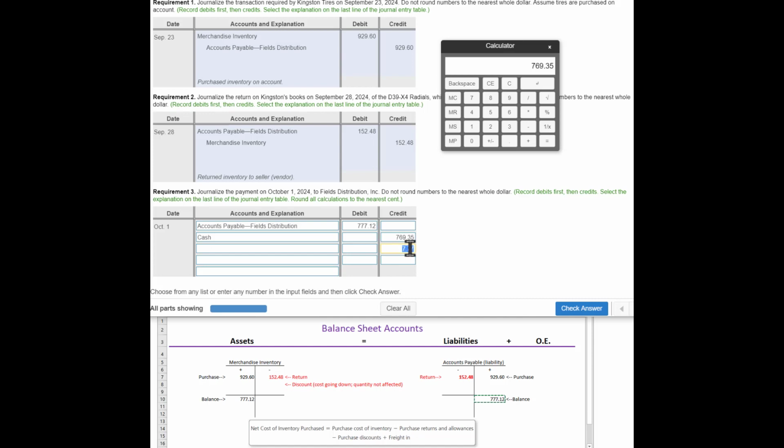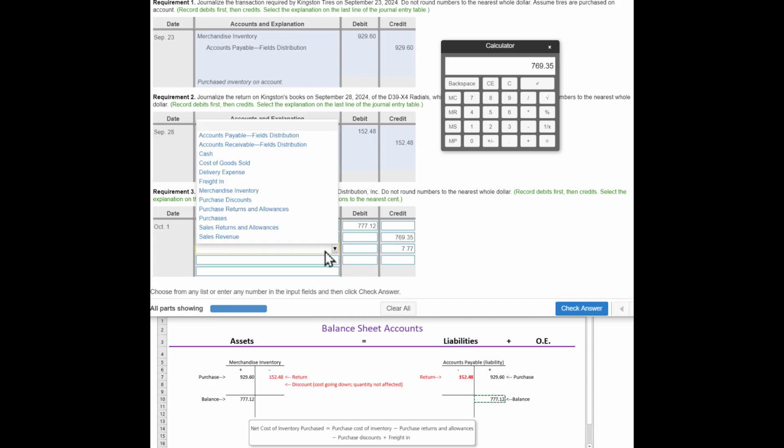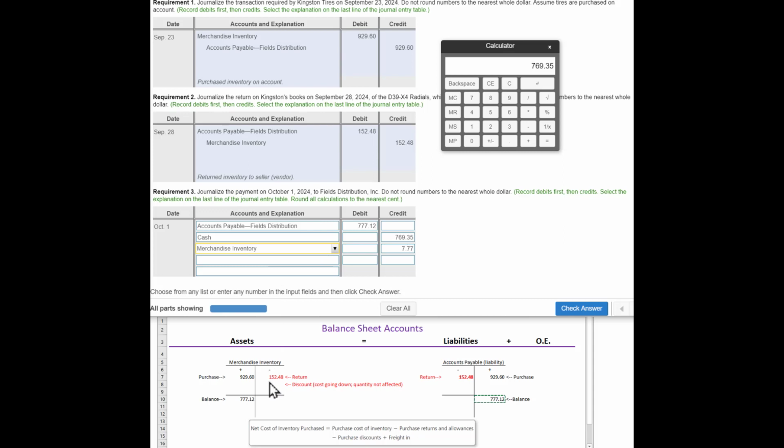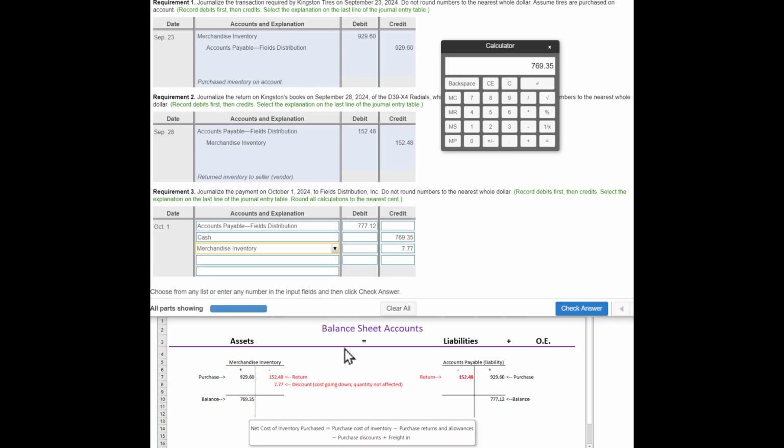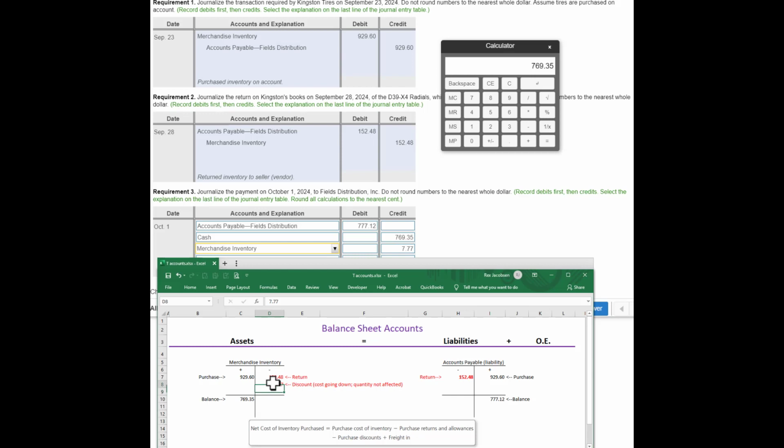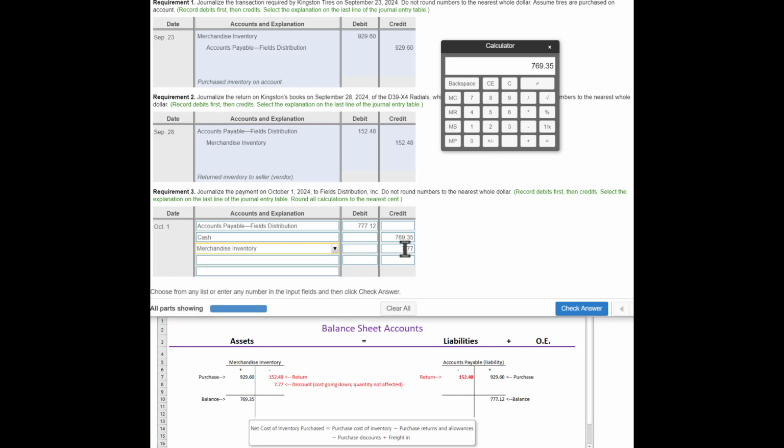So what account do we put this credit in? Well, this credit is going to inventory. So right here, I'm going to put $7.77 just to show you what's going on. Anytime we pay early, we get a discount, and it lowers the cost of inventory. Because how much did this inventory really cost us? It cost us